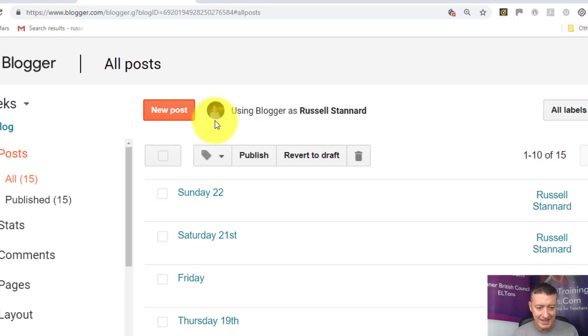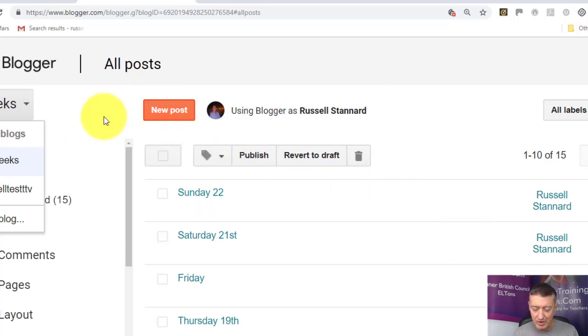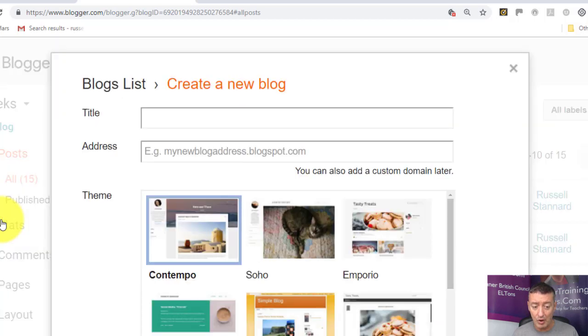I have tidied it up a lot, so if I look here at the moment I've only actually got 2 blogs. You won't quite see all of this, because if you haven't produced a blog before, you'll probably just have a new blog button actually, and in fact that's what we're going to do anyway. So ignore all of this and simply click on new blog, because you're going to produce a new blog. And now you need to think simply of a title for your blog.